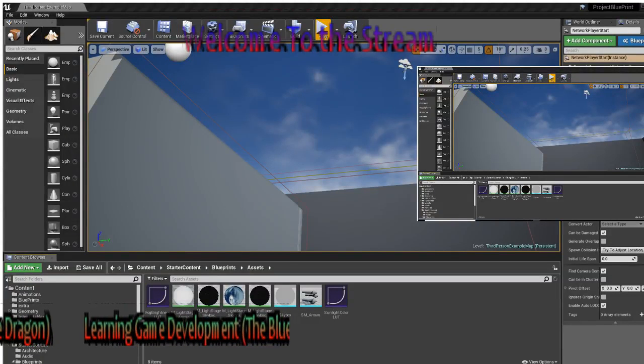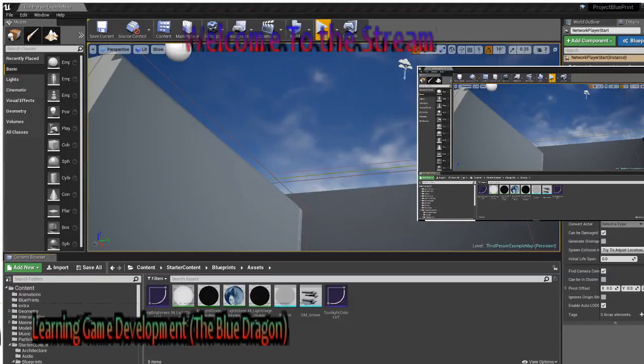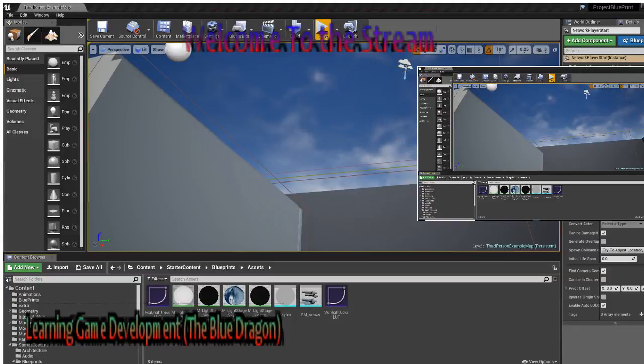So we can close out of everything we don't need, but we do need the character. Next, we'll go to our UI and open up the UI inventory item, and we'll also